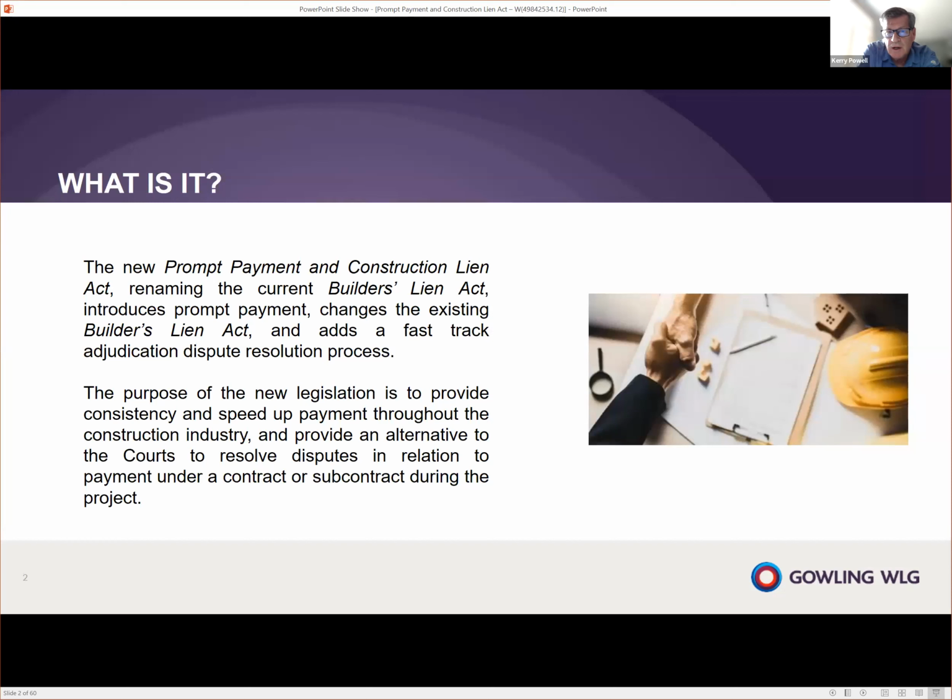The new Prompt Payment and Construction Lien Act is really a renaming of the current Builders Lien Act, but it introduces three really important concepts. One is prompt payment, one is changes to the existing Builders Lien Act, and the last one adds a fast track adjudication dispute resolution process that is intended to help the parties address disputes during the life of the performance